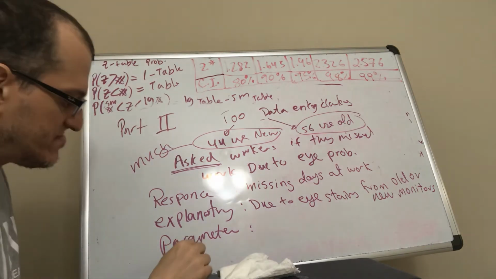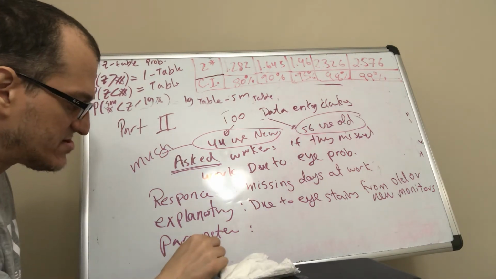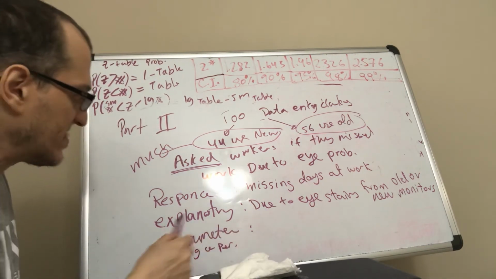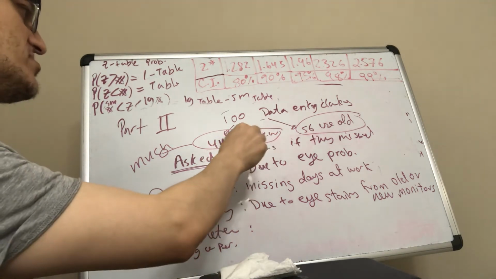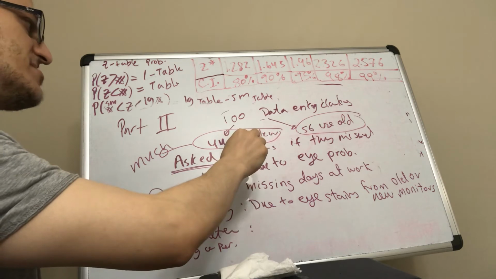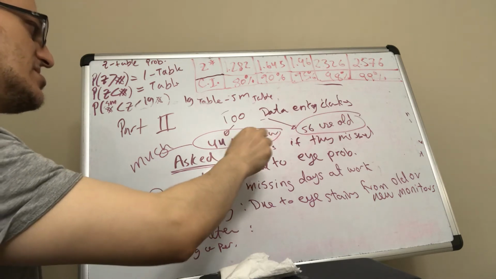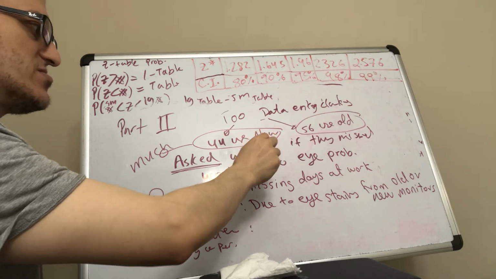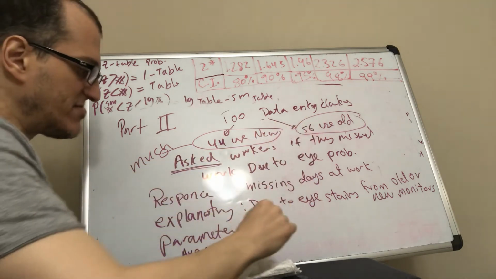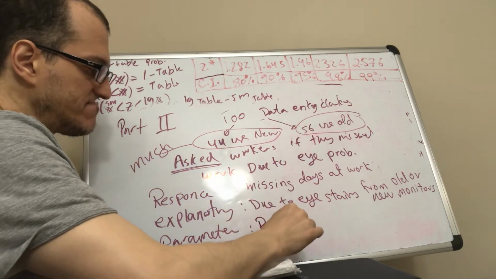And parameter, it's either average or percentage. And if you remember, they say in the question the percentage of people missing work days and the people who are using new was much less. So parameter would be percentage